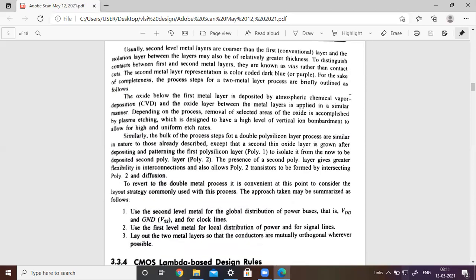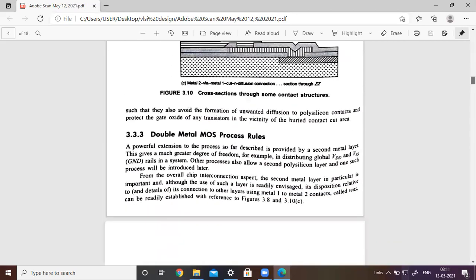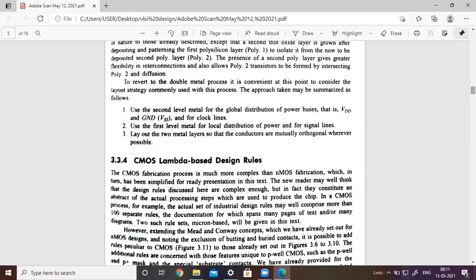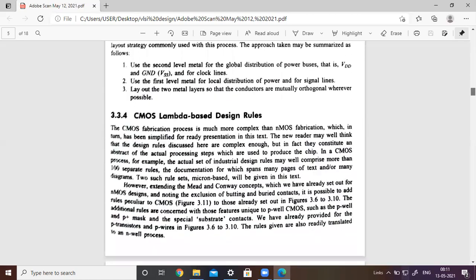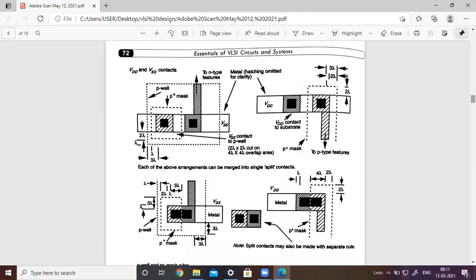Okay. Similarly, you can go for another layer, that is CMOS lambda based design rules. Okay. CMOS lambda based design rules. This is a very important thing in this case. Okay. Now just observe here. So in the CMOS design rules, see